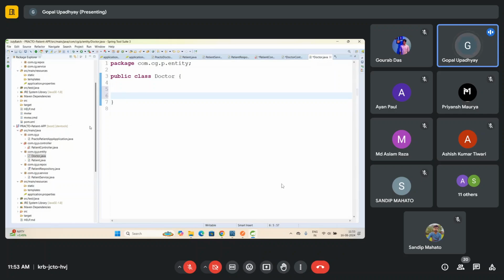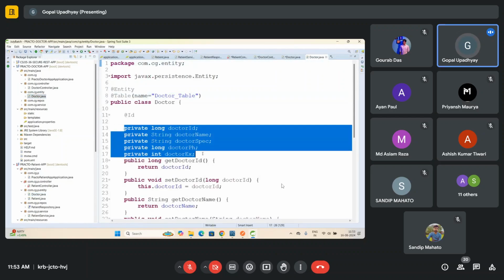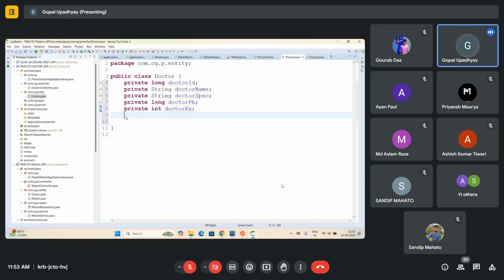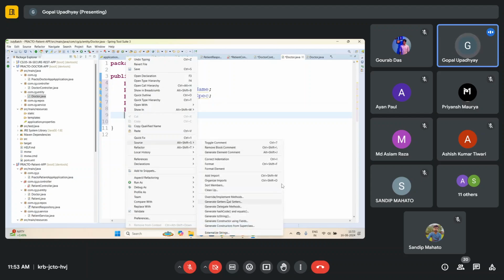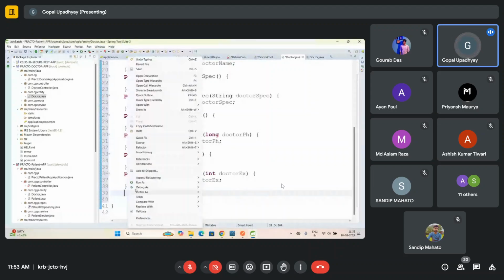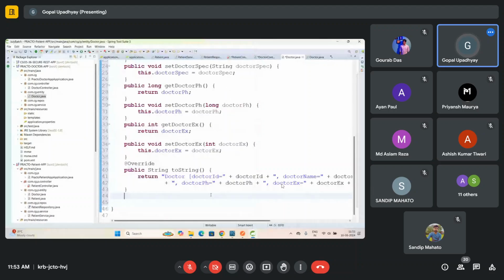Okay, so I'll just copy and paste the same attributes. So let me give the same attributes over here in the Doctor class. I'm going to copy and paste whatever is there in the entity. Okay, so this same entity I'm going to copy and paste, and I'm going to use it over here in the Doctor. And I'm going to define the getter and setter methods for this. I'm going to define the toString method also so that I can print this. So I'll define the toString method for this. Okay, and this is my doctor